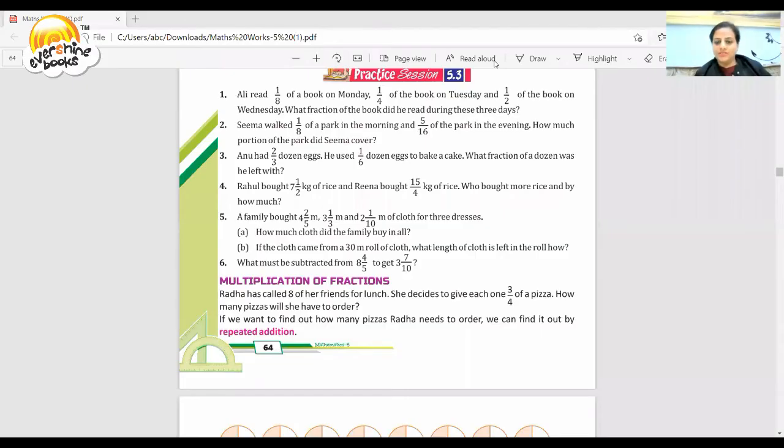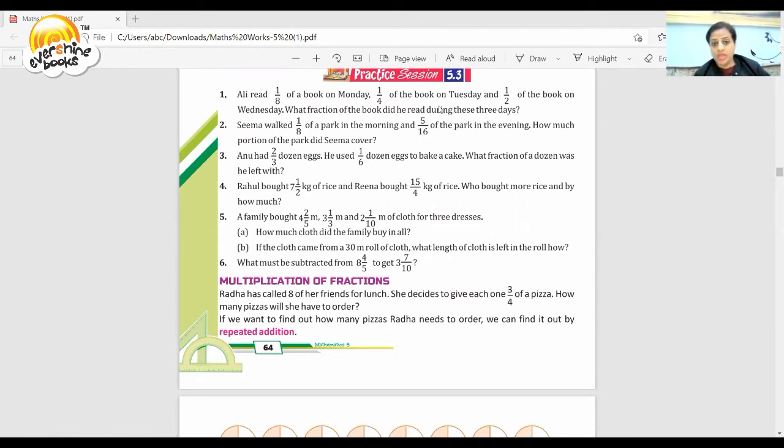So here students, we have come to our practice session 5.3. In that we are going to read first of all the problem sums and then we will do the sum. Ali read 1 upon 8 of a book on Monday, 1 upon 4 of the book on Tuesday, 1 upon 2 of the book on Wednesday. What fraction of the book did he read during these 3 days? You have to add all the